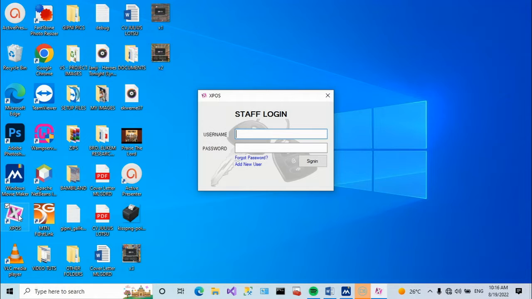Okay, still on the splash screen you have powered by Xpos. It's just a link to the system admin's interface. That is my personal interface, and there I have control of every aspect of the software. Alright, so